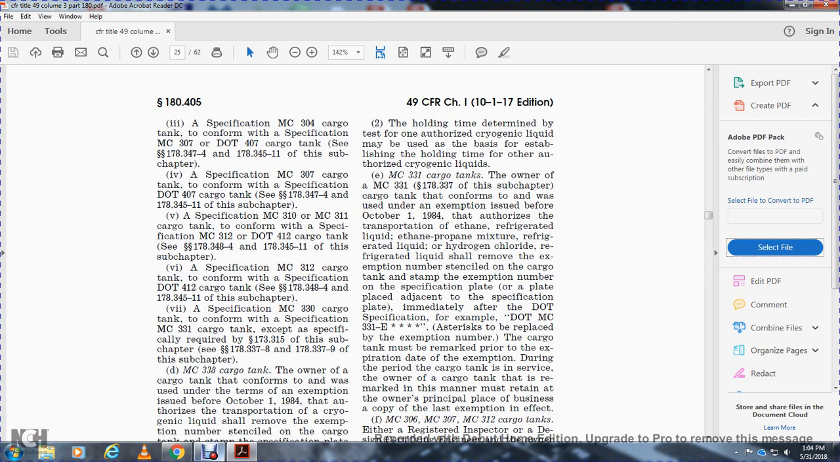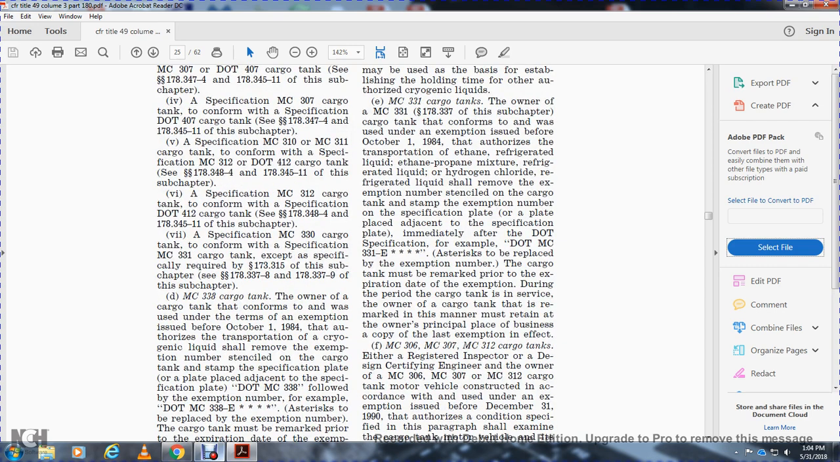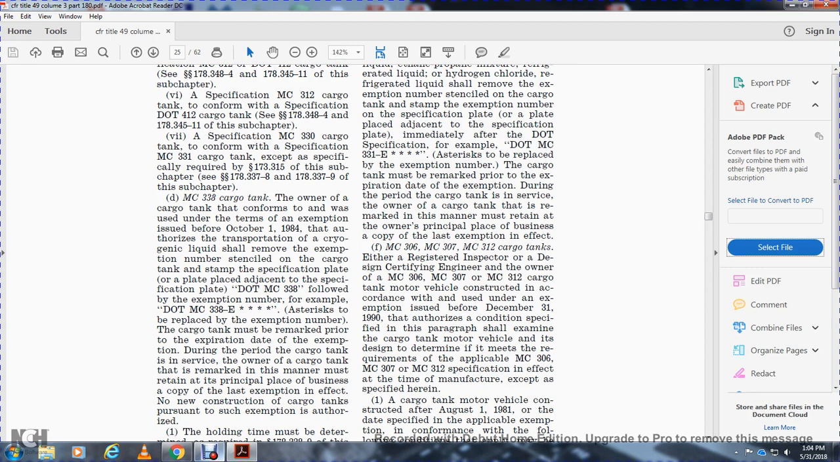The cargo tank must be remarked prior to the exemption expiration date. During the exemption period, the owner of the cargo tank that is remarked in this manner must retain, at the owner's principal place of business, a copy of the last exemption in effect. F. The MC 306, 307, 312 cargo tanks: either the registered inspector or the design certifying engineer